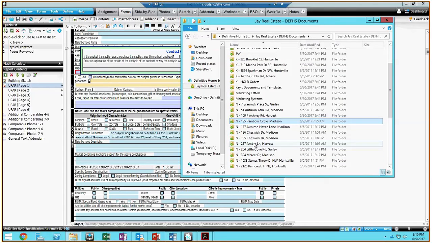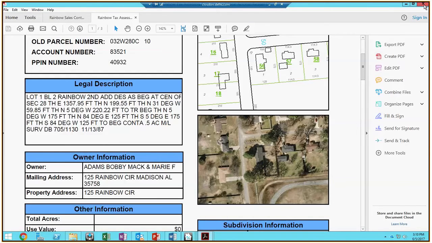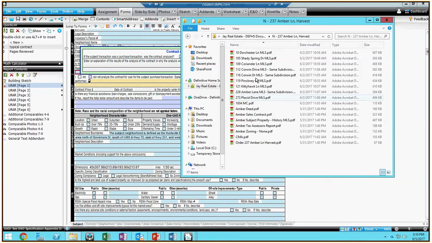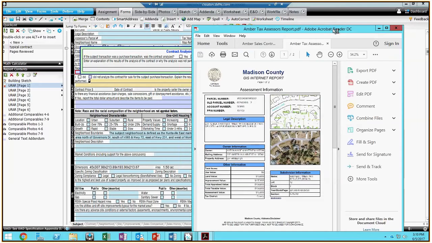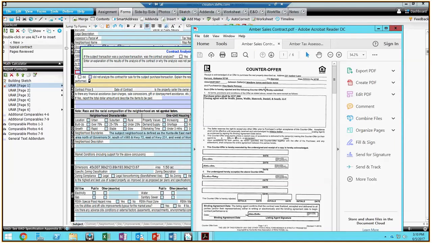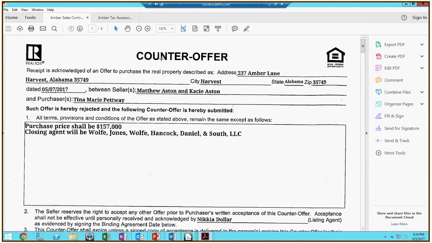Here we go. And again, I'm just going to close out of those, open up the sales contract as well as the tax. Okay, so the reason that I opened this one was because it does have a counteroffer. You can see that there at the top. This counteroffer page, a lot of times I have been seeing it as the first page, but occasionally it is showing up at the end or buried in the middle somewhere. So in this case, we have 6 pages,